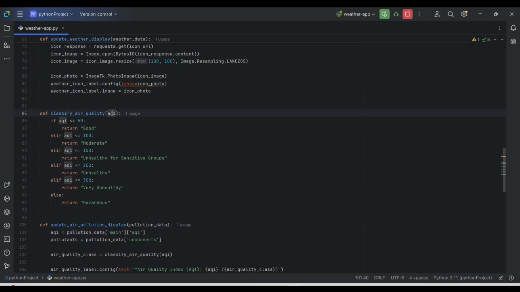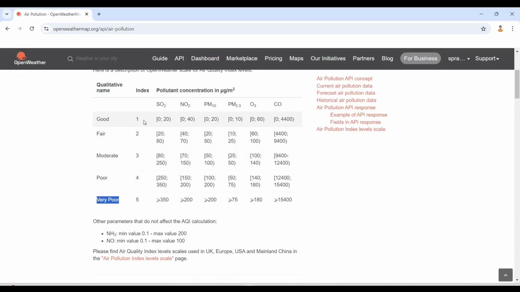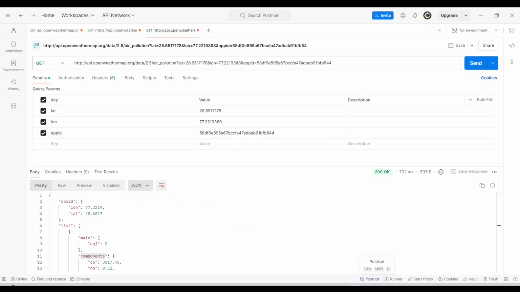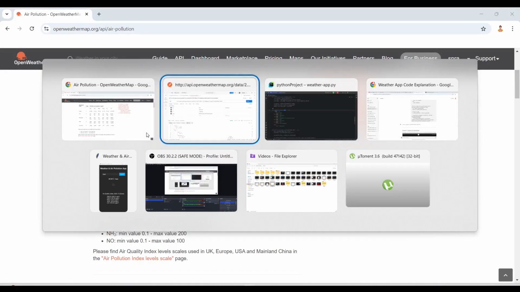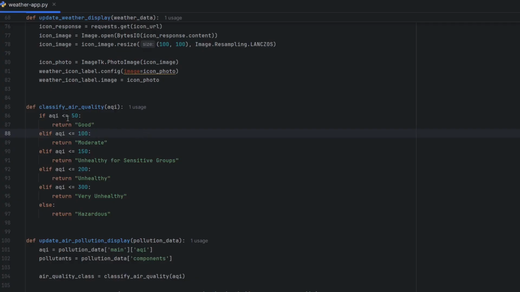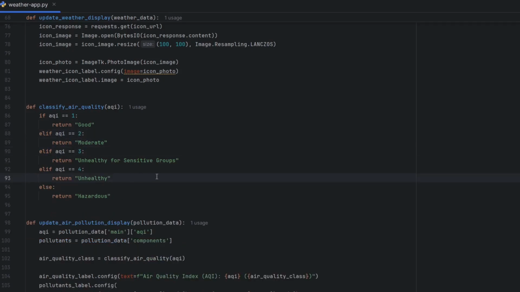So when we are fetching the AQI, we basically get values like 1, 2, 3, 4, 5 only, right? So this is what we get here. So what we have to do is change this a bit. If this equals 1, equals 2. Now let's run this again,